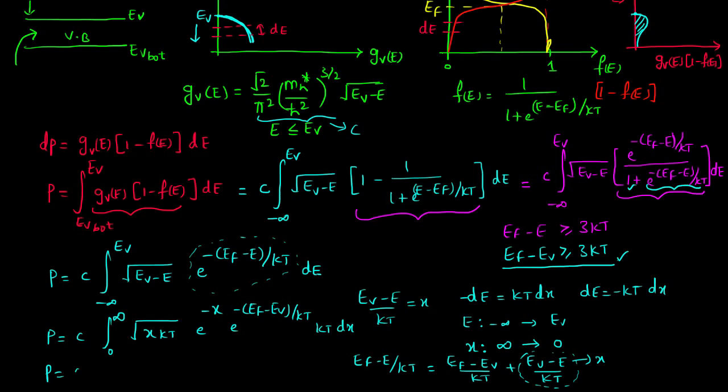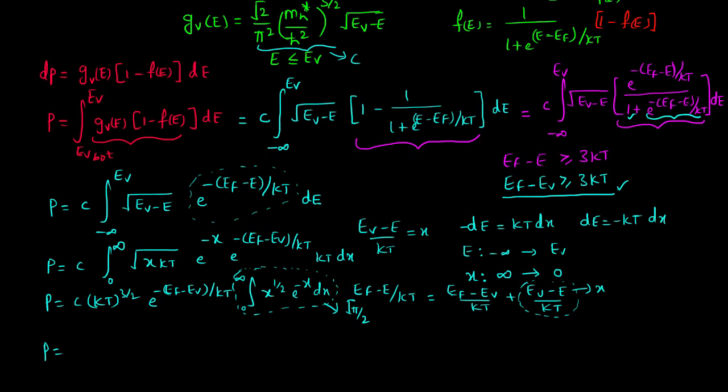So this can be further reduced to C times (kT) whole power 3 by 2 times e power minus of (EF minus EV) over kT times the integral from 0 to infinity of x power half times e power minus x dx. And we have seen the value for this integral in our previous video, that this is the gamma function, and it is gamma of 3 by 2, which is given by square root of pi by 2. So if you substitute this value into this equation, then we would get the whole concentration in the valence band, which will be given by P is equal to